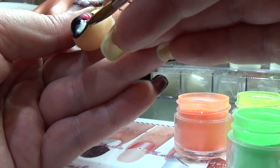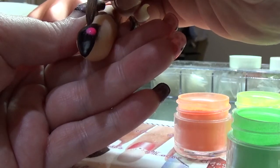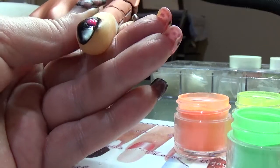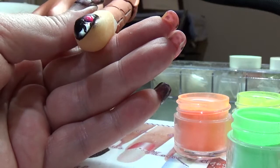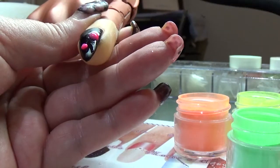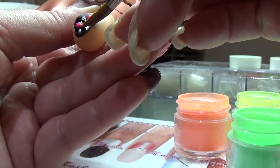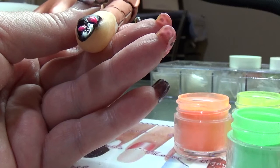And I'm just letting it set, but I want to try and keep them as round as possible, because when I encapsulate the nail, I want them to look like little air bubbles. Okay, so I'm going to get another one of the pink, and I'm going to just get the liquid out of my brush, and I'm going to pop it just here. So if I can, I want to get at least 2 little balls of each colour on the nail. So now I'm going to go for my blue,